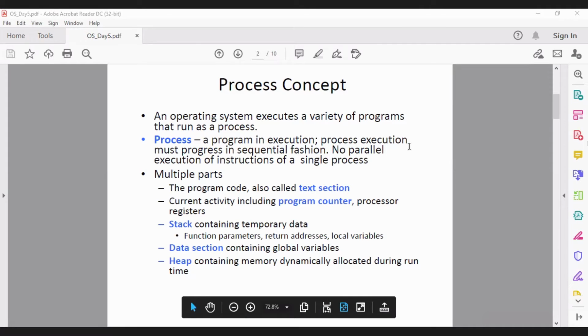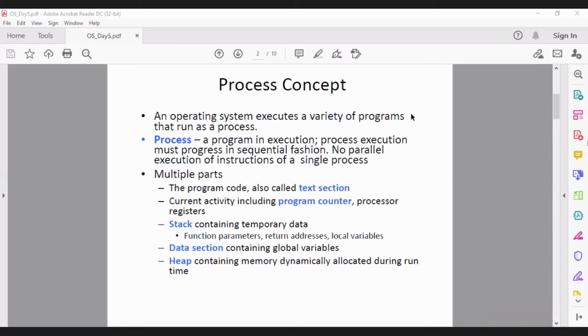Then you'll have other information in addition to the program. And we know that when we say process, it is an active entity,